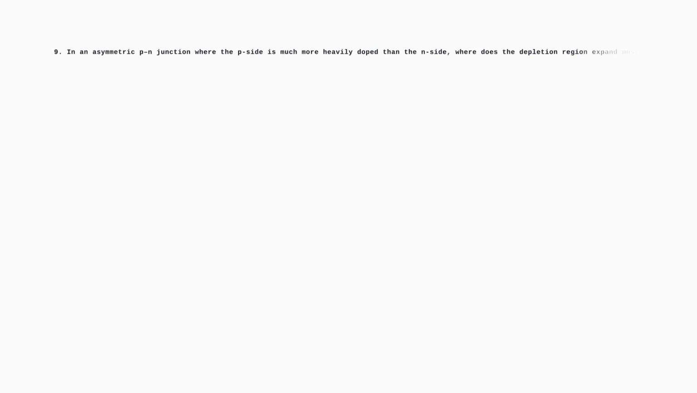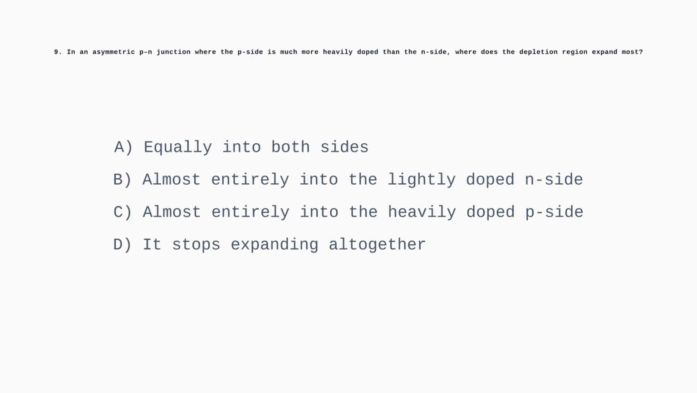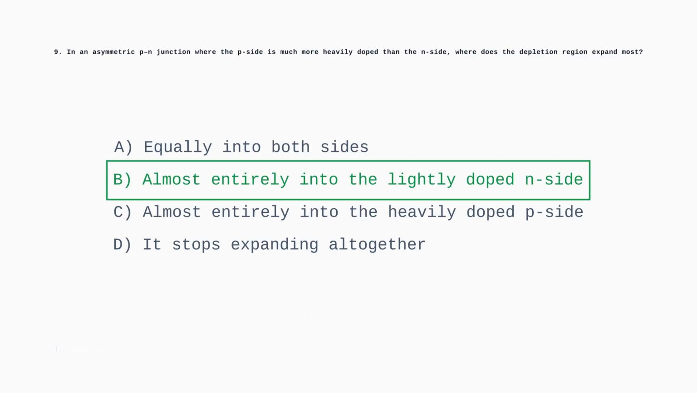Question 9. In an asymmetric p-n junction where the p side is much more heavily doped than the n side, where does the depletion region expand most? To secure charge balance across the junction, the depletion layer must penetrate much deeper into the lower concentration, lightly doped